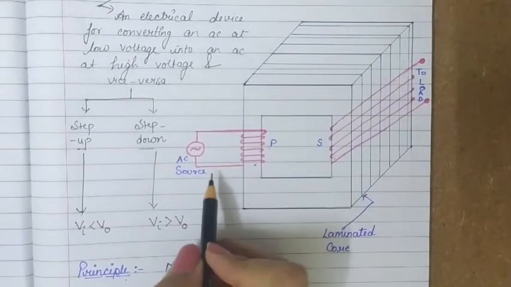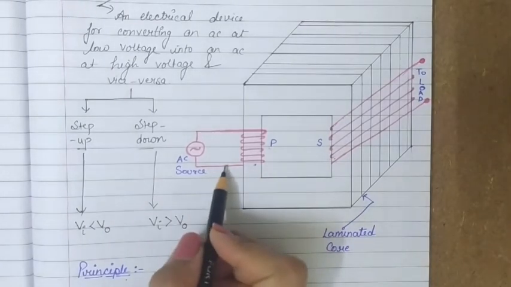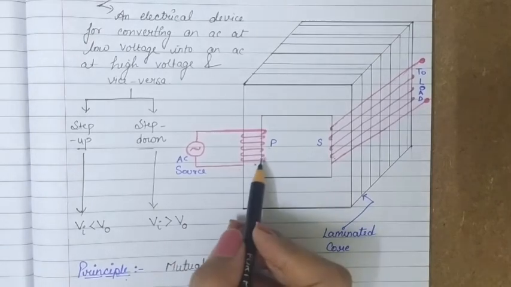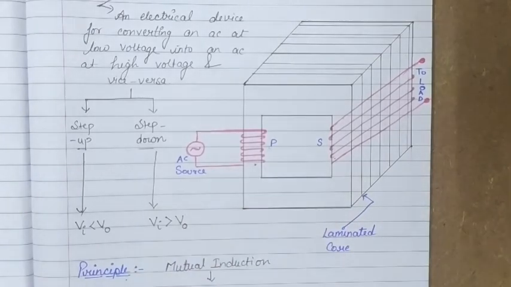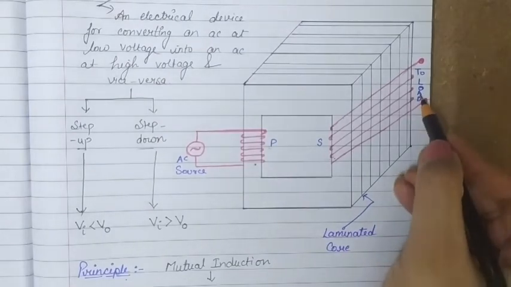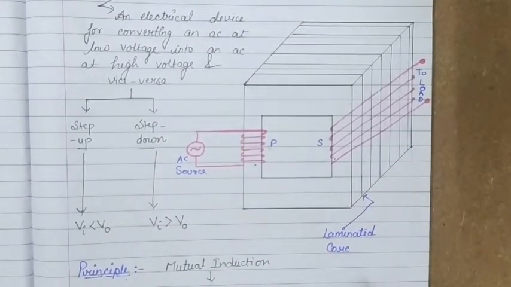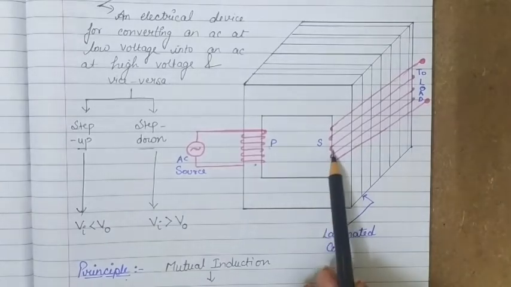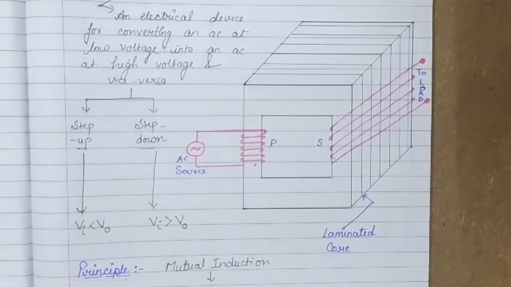The coil to which we have supplied the energy is called primary coil and is denoted by P, and the coil which is drawing this energy or on which we are getting the output is called secondary coil and is denoted by S. Now to prevent the energy losses because of the eddy current, as we studied that on the surface of metal blocks there are some eddy currents, and because of those eddy currents there are energy losses.